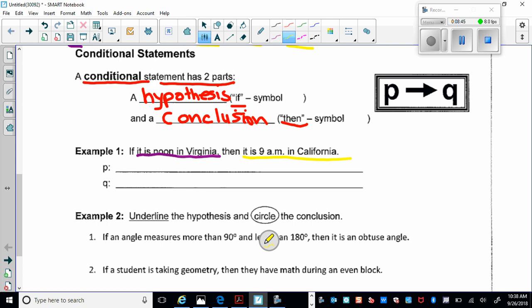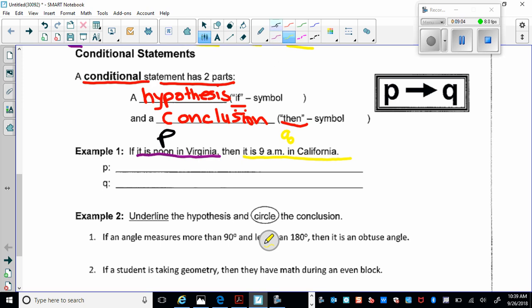Okay, that is my conditional statement. So every time you see 2 statements combined, especially with if-then, the first one is going to be your P, and the second one is going to be your Q, the second statement,